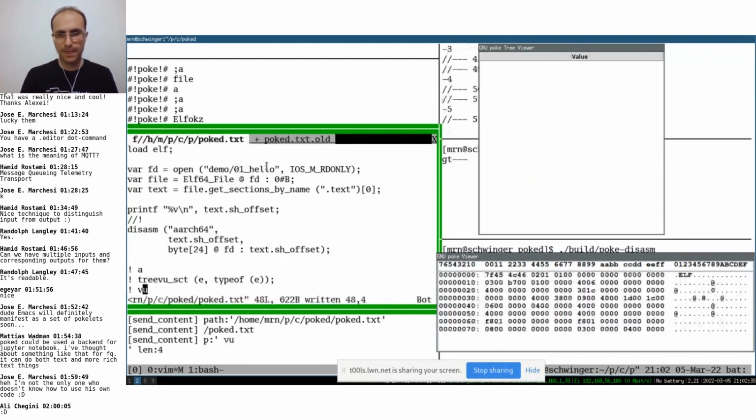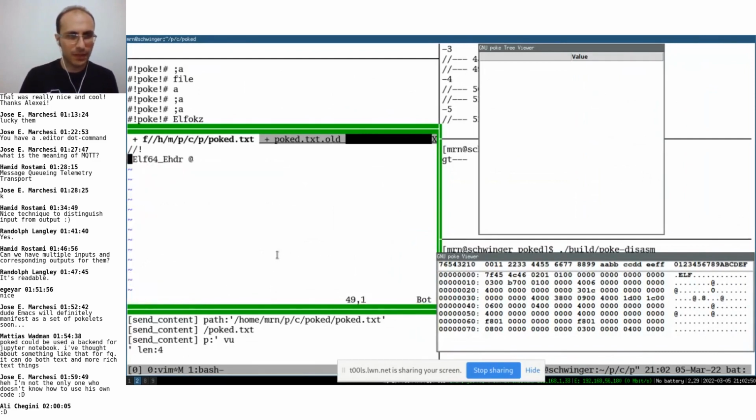View. So we have some data here, and I didn't test it with alpha. I want to do header. Is this right, Jose? Yes. ELF64 HDR. Yes, that's the name of the type. H